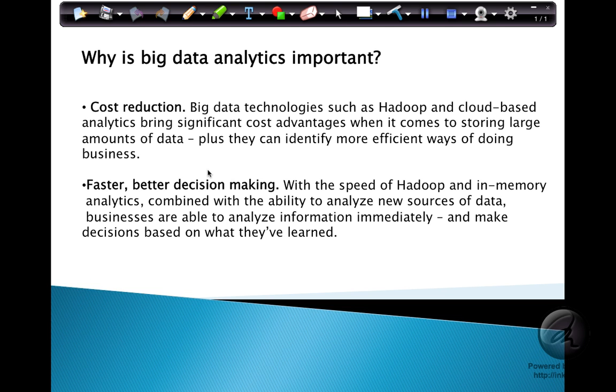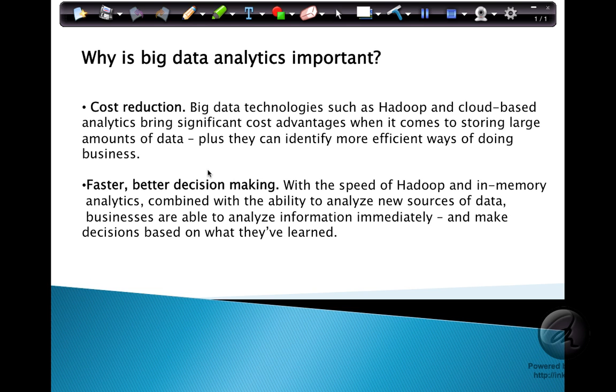And technologies such as Hadoop are enabled for cloud, so you can do all the computing operations on distributed systems, producing fast results and reducing the overall cost, which would not have been realistically possible if everything was hosted within the premises of your office space and your system space, right? So definitely cost reduction, and faster, better decision making.